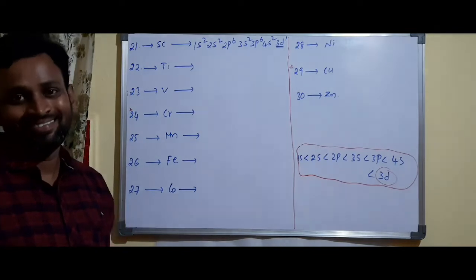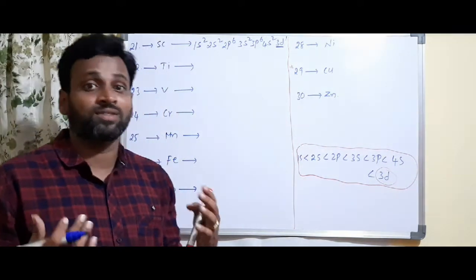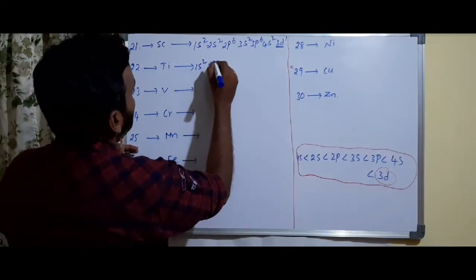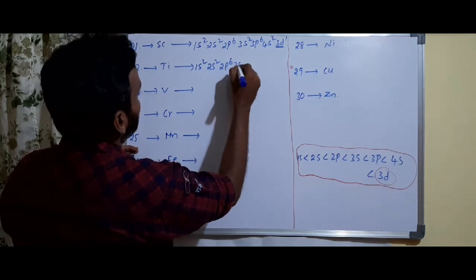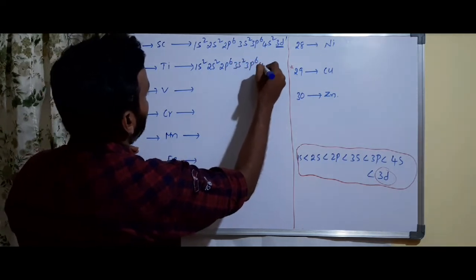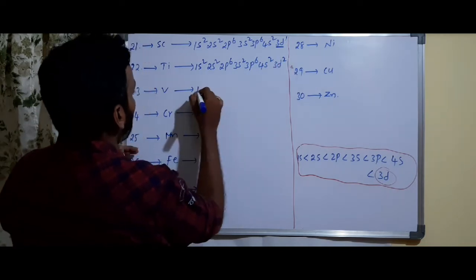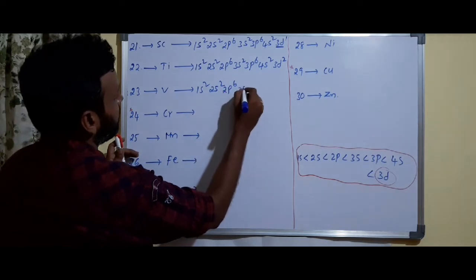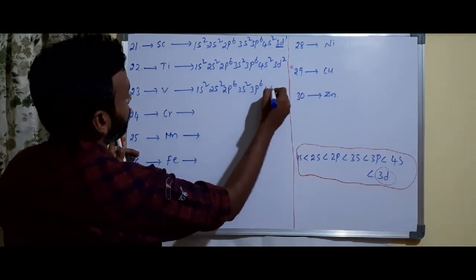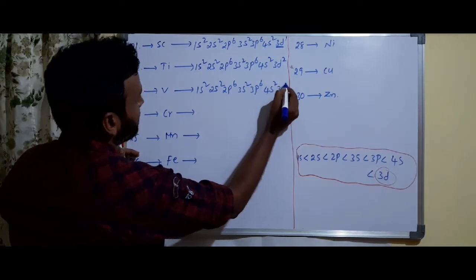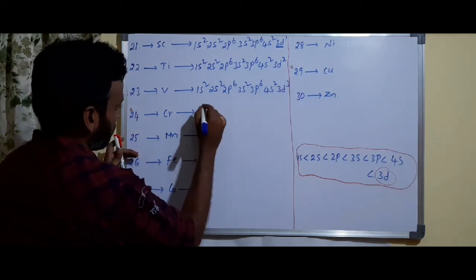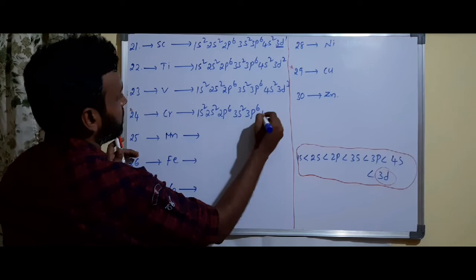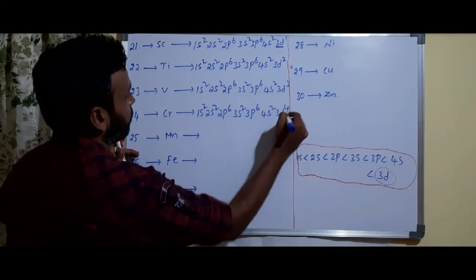3d subshell. 3d can have maximum how many electrons? 10 electrons. It's very clear. So titanium now: 1s2, 2s2, 2p6, 3s2, 3p6, and 4s2, 3d2. Vanadium: 1s2, 2s2, 2p6, 3s2, 3p6, 4s2 and 3d3. Okay, so here: 1s2, 2s2, 2p6, 3s2, 3p6, 4s2, 3d4,